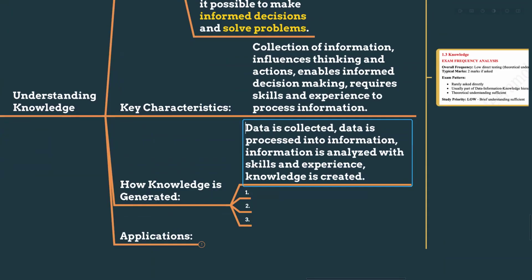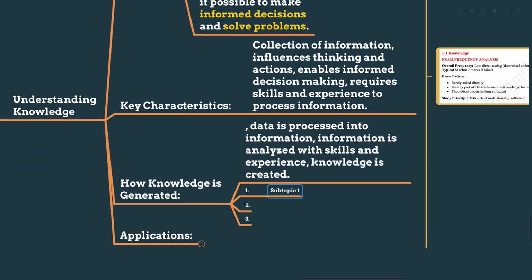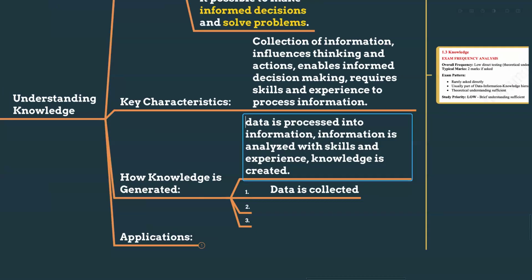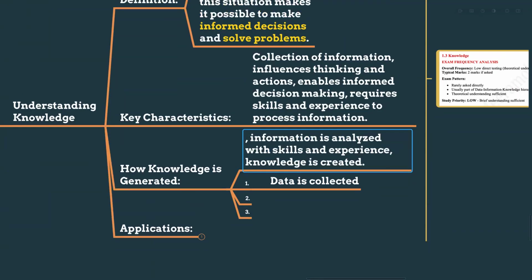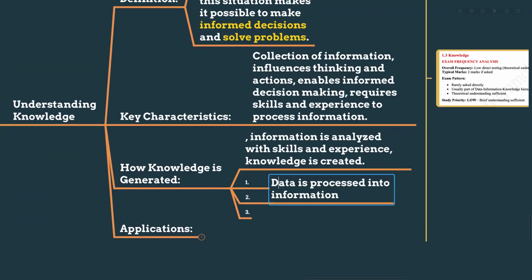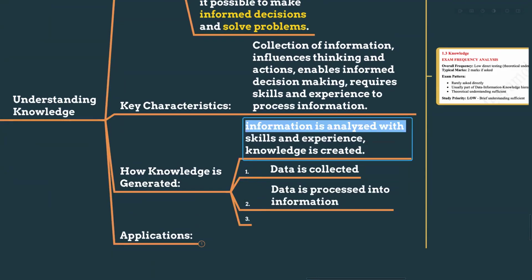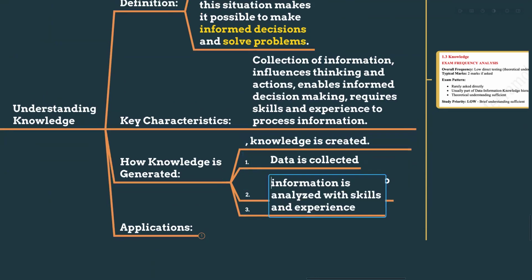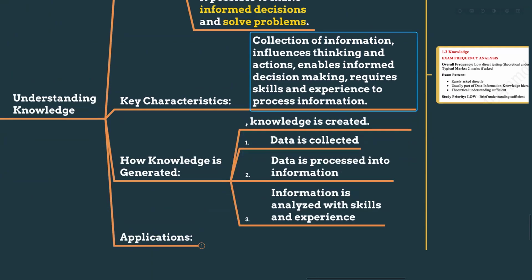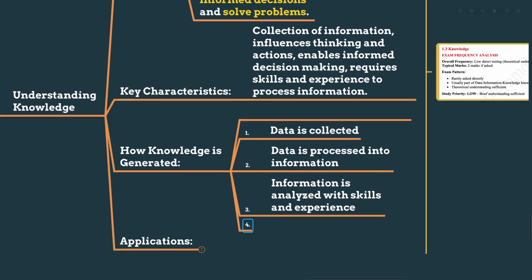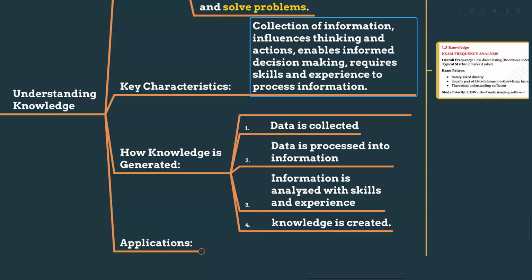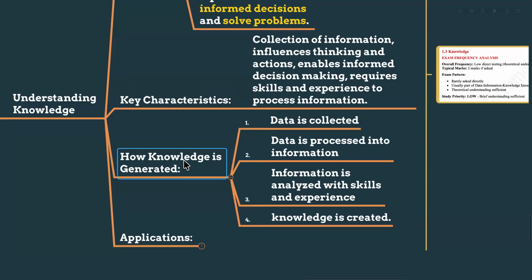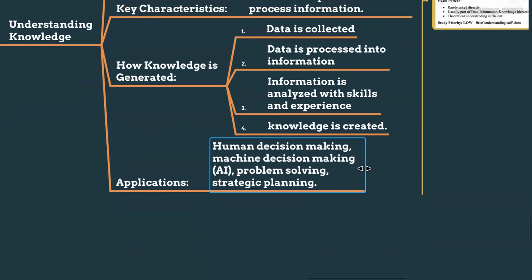First, the data should be collected. So I can have this as a first step. We have to collect the data, and we have to process this data into information. So the second step, we have to process the data into information, and the information should be analyzed with your skills, with your experience, right? And after that only we can create something called knowledge. So knowledge is more powerful than the data, than the information, right? Now I hope you got the point of how knowledge is generated,